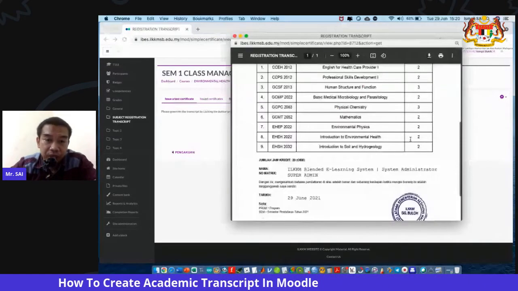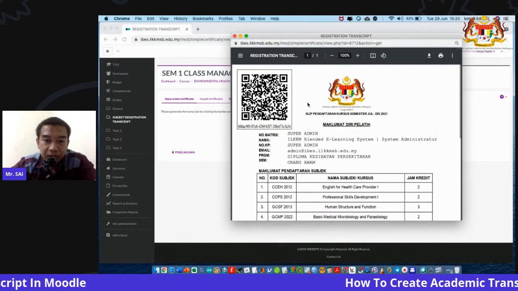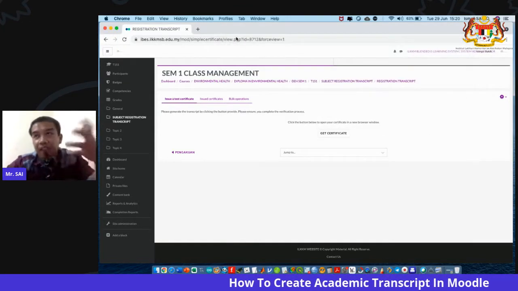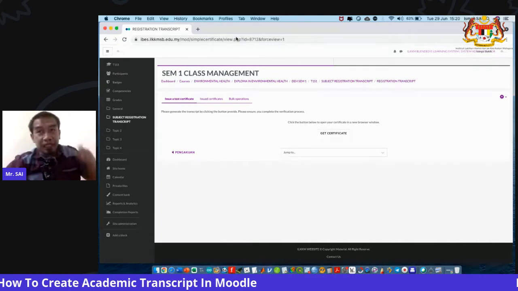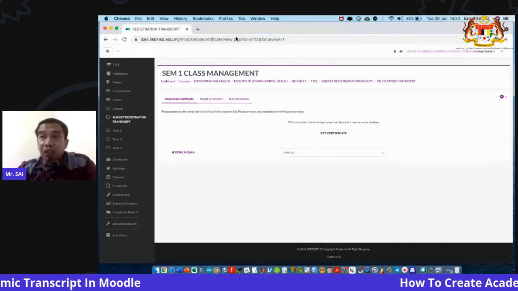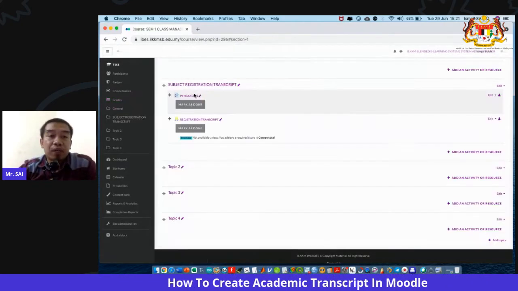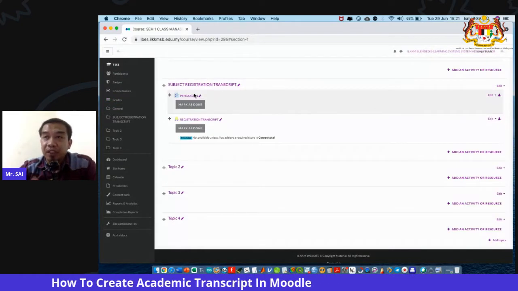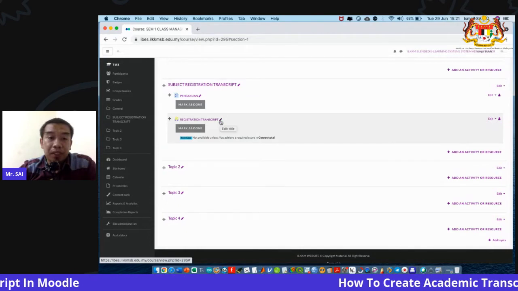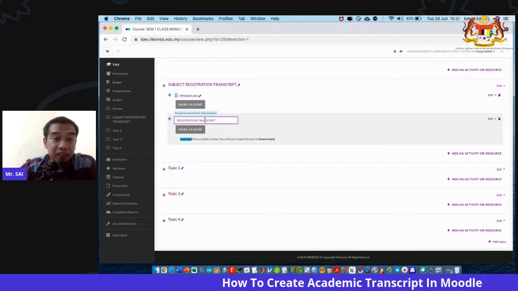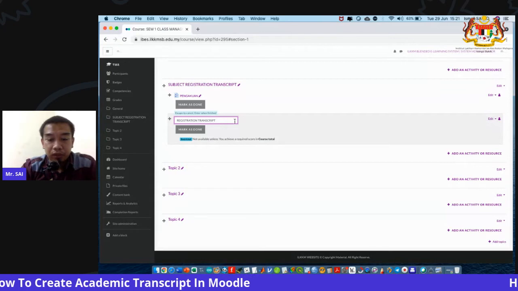All right, so far so good. I think we can show that this one is considered acceptable to be used as the main idea of generating your certificate. And this certificate is not a certificate for the completion of the course, but it's just proper documentation that shows that our students are already registered in the system, and therefore they can only do this process of registering their transcript with regard to the subject. Okay, registration subject transcript registrations. Okay, never mind. I'm just going to say registrations of subject